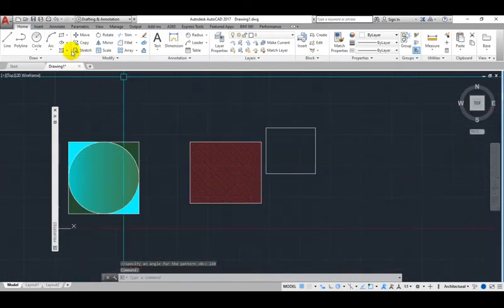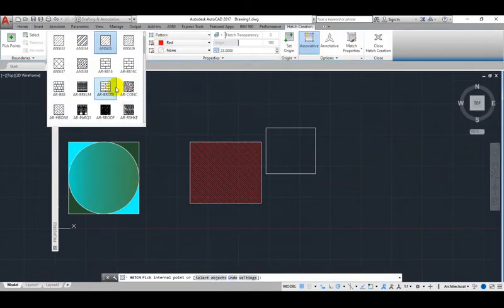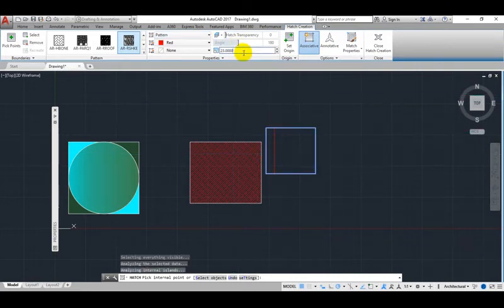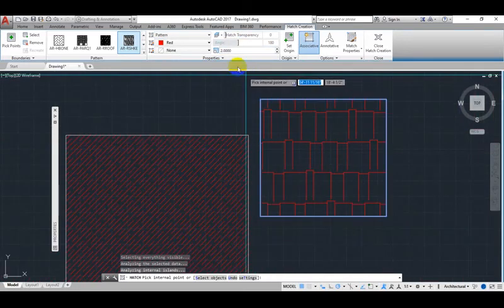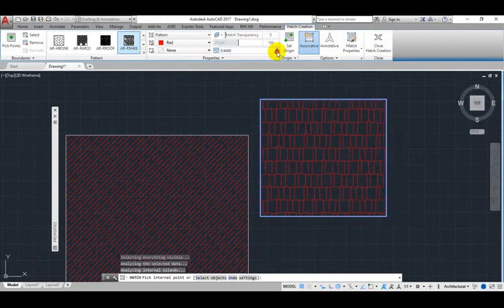So if I want to do the same thing, I come to hash, come here to pattern. Maybe I want to use ash shingles. So I click on it. So I come here, I click, I come here to scale, take 2, press the tab key. See it? So you can use the arrow to make it a little more realistic.